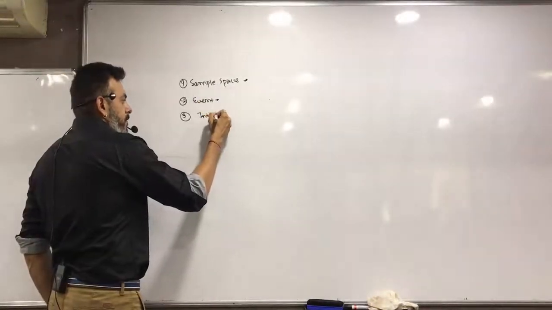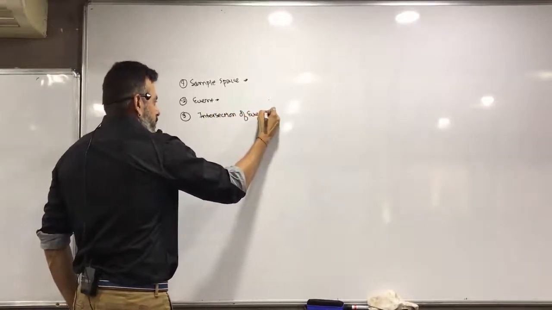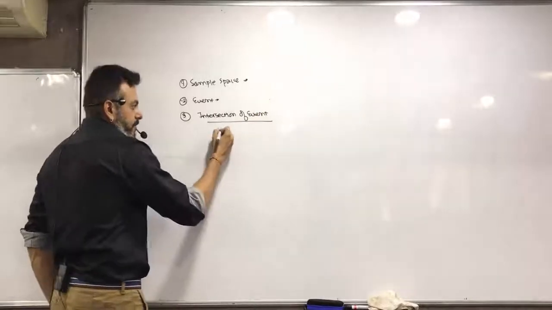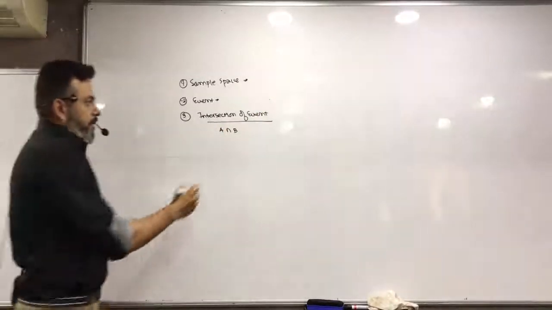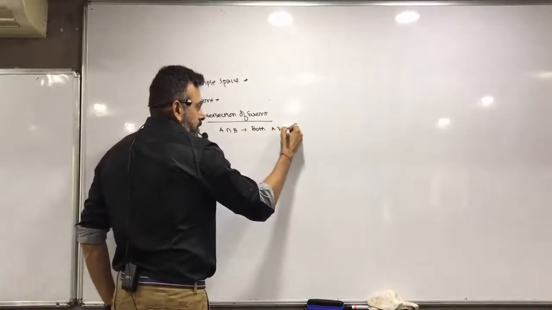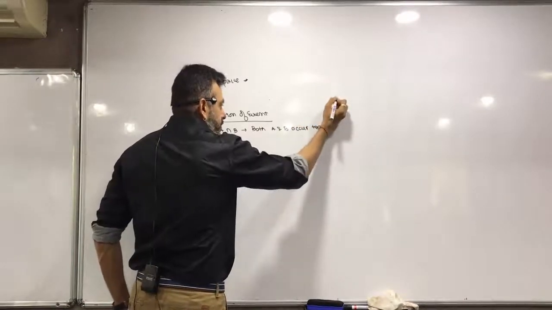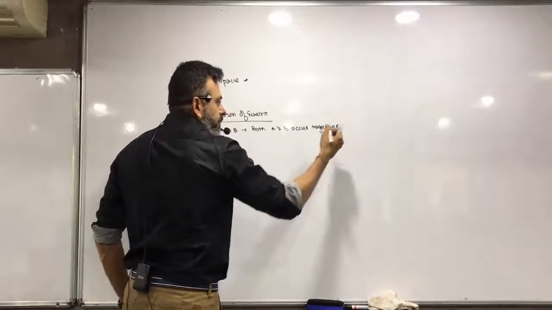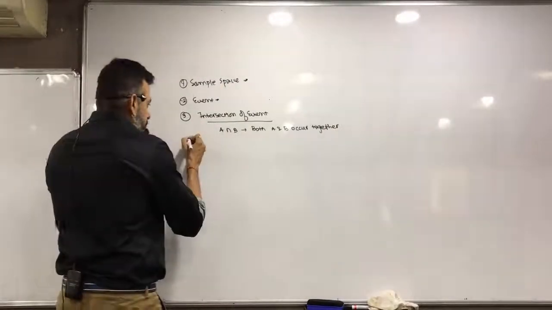Intersection of events. Now, what is intersection of events? A intersection B. It means what? It means both A and B occur together. For example, I read English newspaper as well as Gujarati newspaper. Okay. Then fourth,